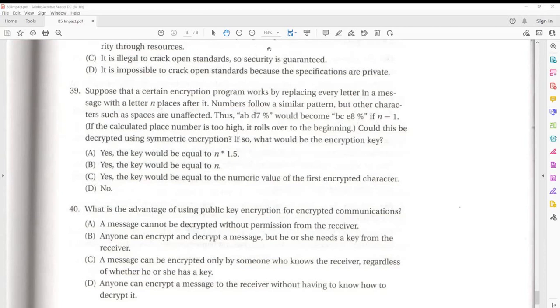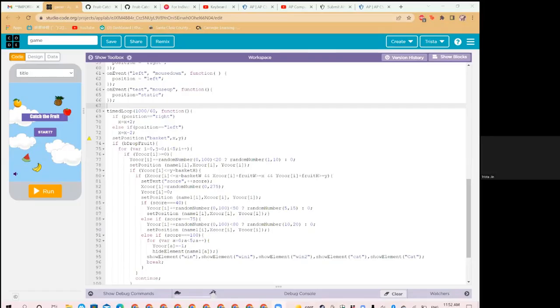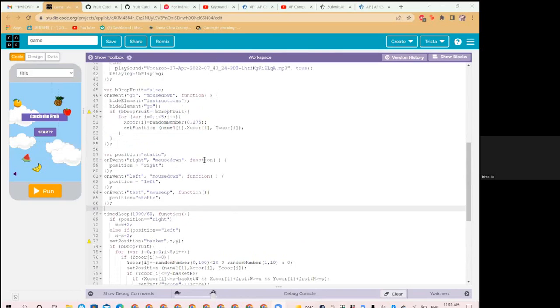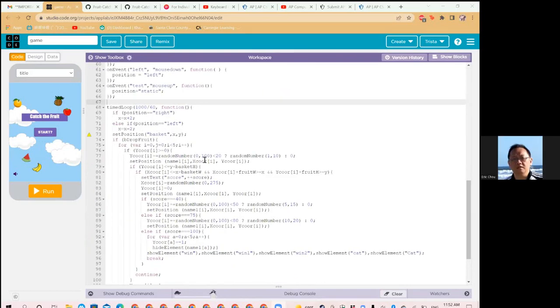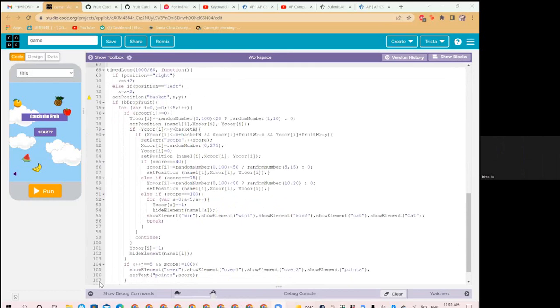Trista, you can share your screen. Let me see. So I made a catch the fruit game. I was originally thinking from line 68 to here is where my main segment of code is. They also have this thing called a procedure? I'm not sure what that is. You have to use a procedure. You have to demonstrate two abstractions. One is data abstraction. Data abstraction means that you use some kind of array or list.